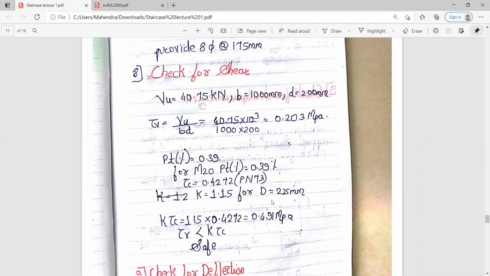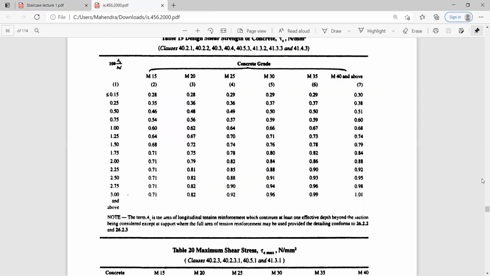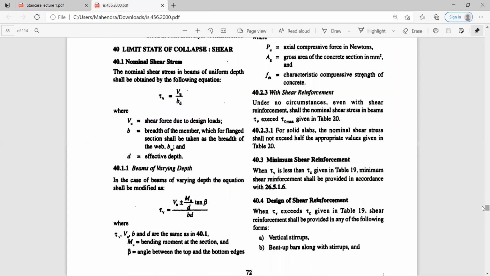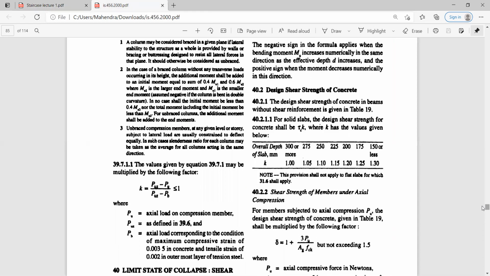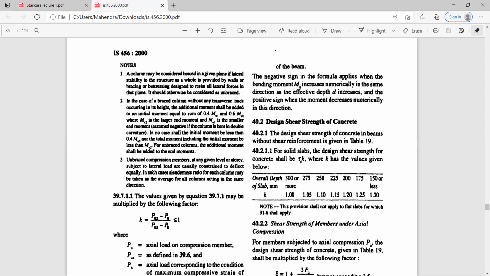So for calculation of K, you have to refer to the IS code page number 72, clause number 40.2.1.1. आपका ओवरऑल डेप्थ कितना है 225. तो 225 के लिए K की वैल्यू है 1.15.